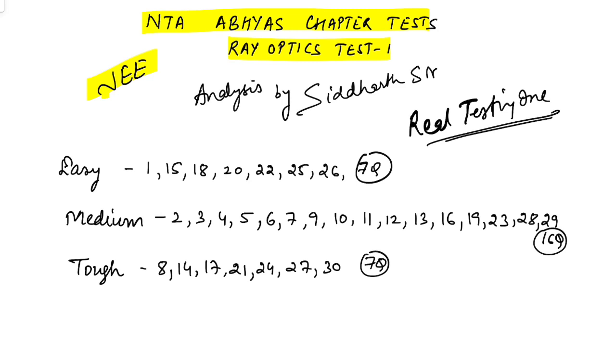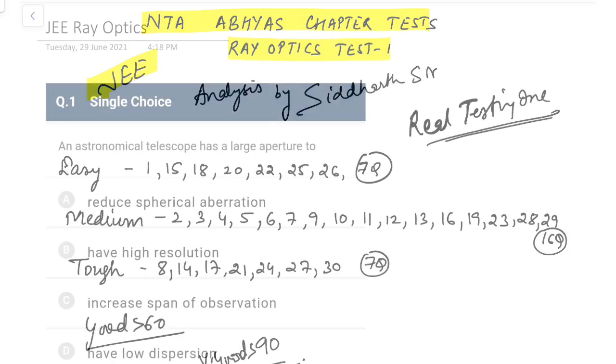Now for the scores, let me give you an idea also. For this paper, I think the scoring is not going to be a good one. If you have scored greater than 60, I'll take it to be a good score in this time period. 60 is also not that bad from a Mains point of view, not for Advanced. And for very good, anything above 90 is a very good score in this particular chapter test. The range is lower this time because I feel the paper is really good.